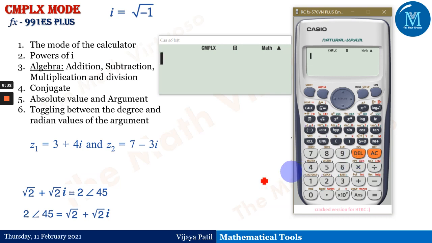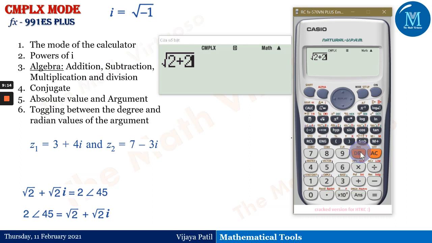Another way is, I wanted this square root of 2 plus square root of 2 times i. Let me just give you that. First of all, I need to enter that square root 2, right? Plus 2, shift i. Now if you observe, what I wanted to do is square root of 2 plus square root of 2 times i. But what I have done here is square root of 2 plus 2i. Why is that so? Because this entire thing has been taken inside the square root sign. The reason is I have not given a space there.